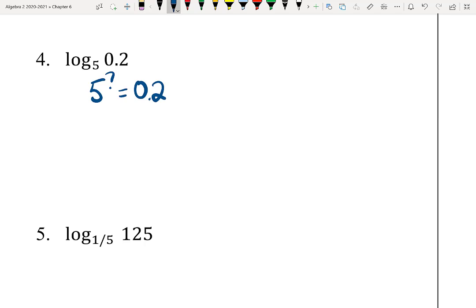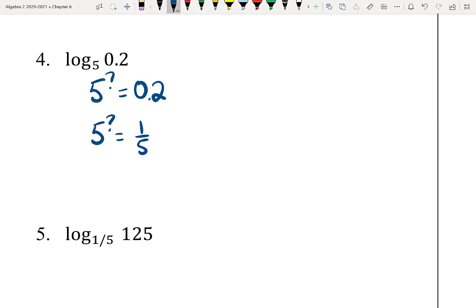What helps me see this is that I can convert any decimals into fractions or vice versa. If I convert 0.2 into a fraction, it becomes a lot more obvious, because I'm trying to figure out 5 to what exponent power is 1/5, and 0.2 as a fraction is 1 over